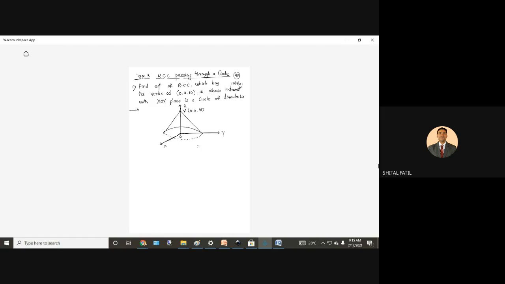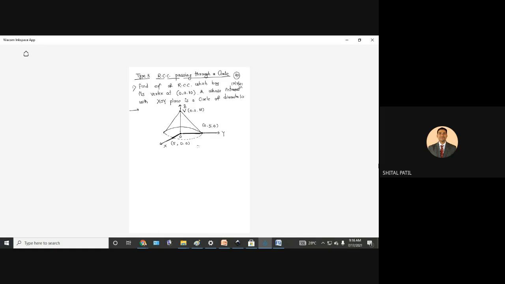Now I want to find the coordinates of this point. The point is on the y-axis, so x coordinate will be 0, z coordinate will be 0. Now I want to find the y coordinate, and for that we should know the radius of the circle. The diameter of the circle is given as 10, so the radius will be 5: (0, 5, 0). In the same way, I can find the coordinates of the point on the x-axis: y and z coordinates are 0, and the radius is 5. Since it is in 3 dimensions and we are drawing the figure in 2 dimensions, these two lengths do not appear equal.